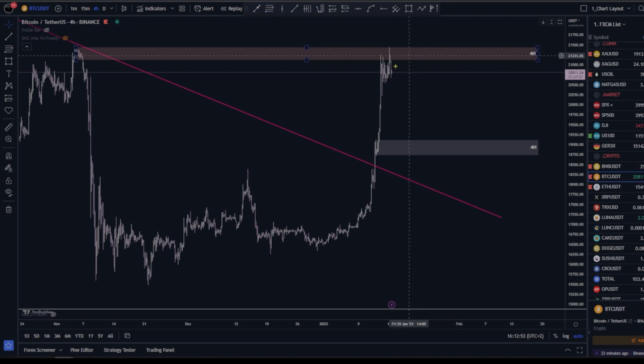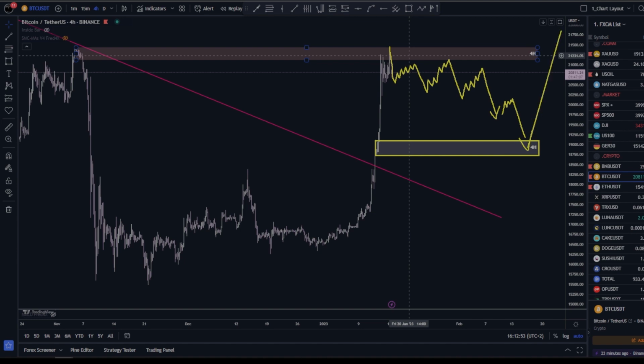So I'm expecting Bitcoin to make a pullback, because every impulse has to correct, no matter if it's bullish or bearish. Every impulse has to correct. And as far as I can see it, I expect the price to make some messy structure inside, so it's not gonna be in a straight line. I'm expecting it to make a structure like this and then hit this 4-hour demand area at around 19,000, and the 90k level would be a good one to watch if you want to buy some more cryptos. So keep an eye on Bitcoin.